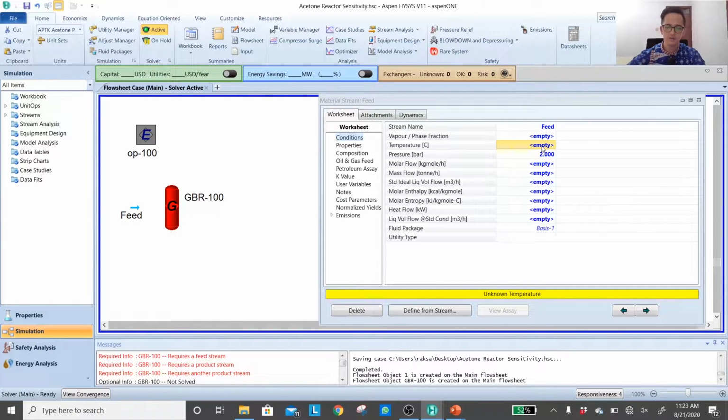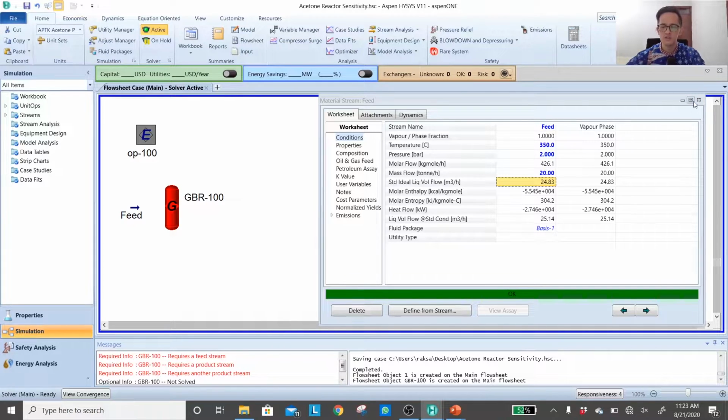So let's say the starting point would be 350 degrees C. In terms of the mass flow, again, it's not really a problem because we haven't reached the sizing stage, so you can use any starting point. Let's say we want to produce the product at 10 ton per hour, so the feed must be much higher than that. So let's say I'm going to use 20 ton per hour for now, just for the study basis.